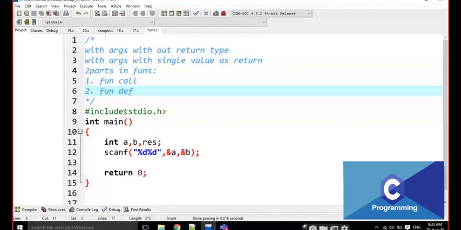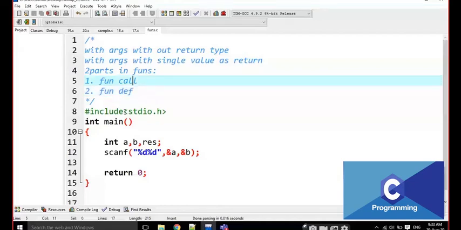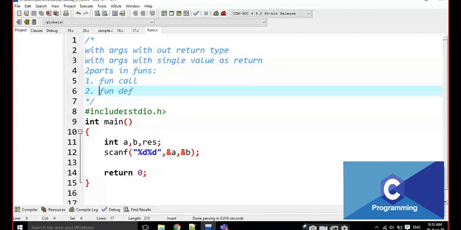What is function call? For example, one student is there, his name is Satish. For example, I am calling Satish. For example, there is no Satish in our class, and I am calling Satish 100 times. He cannot respond to my call, right?